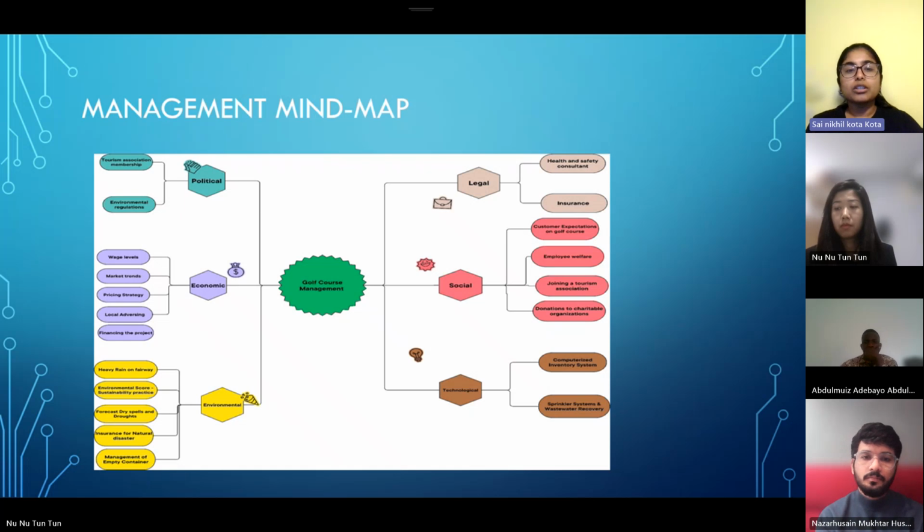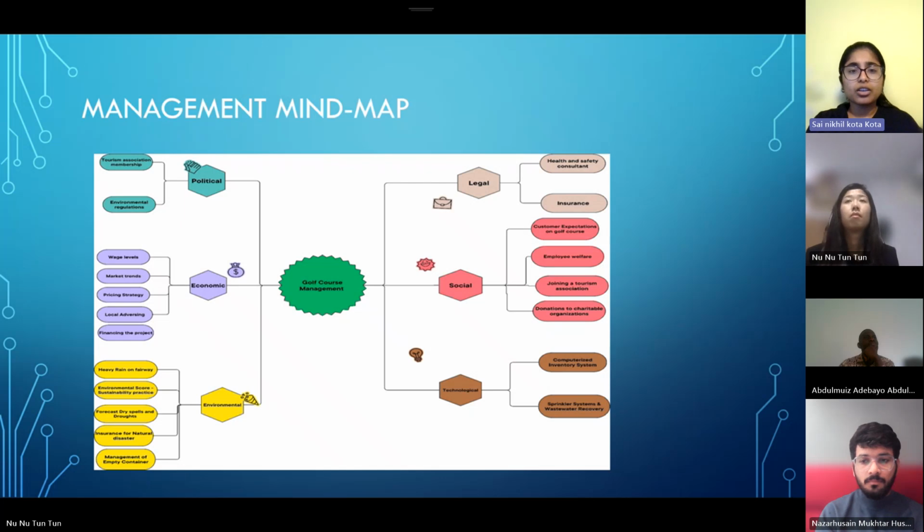Then we have the technological factors, which were the computerized inventory system, the sprinkler systems, and water resources recovery. Especially when it came time to enhance the technological status, the team believed that the organization required an inventory system in the pro shop to handle the purchasing strategy. The use of irrigation and the water recycling project was a measure to conserve water use on the golf course, which hoped to gain through efficient use of resources in the long run. Then we also have the environmental factors,